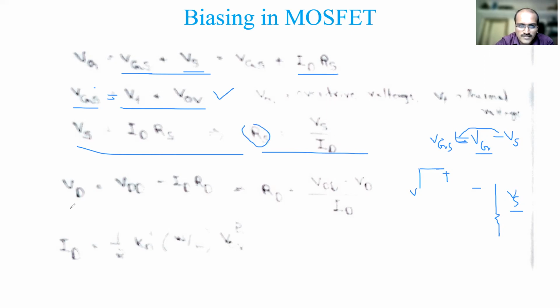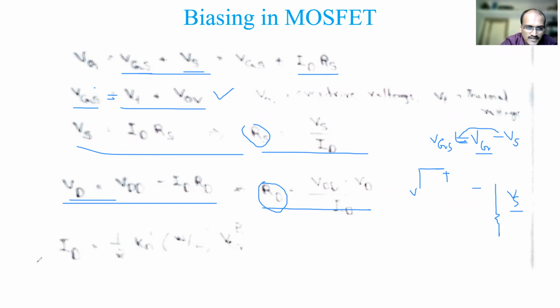Then second part, VD equals VDD minus ID RD at the output side. If we apply KVL, you get VDD minus ID into RD, which is the drain voltage. From this equation RD can be calculated. These are the two important calculations we'll be doing. RG1 and RG2 we will not be doing much; you'll select one and the other value will be calculated, normally in the range of mega ohm.